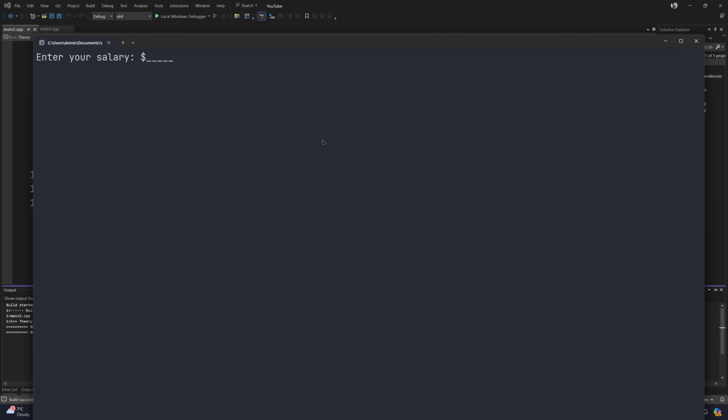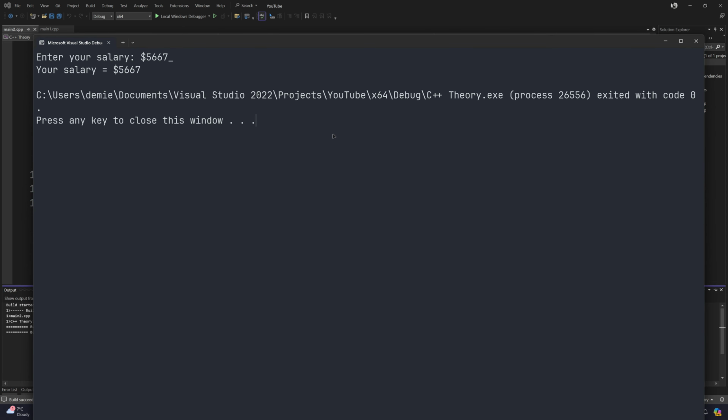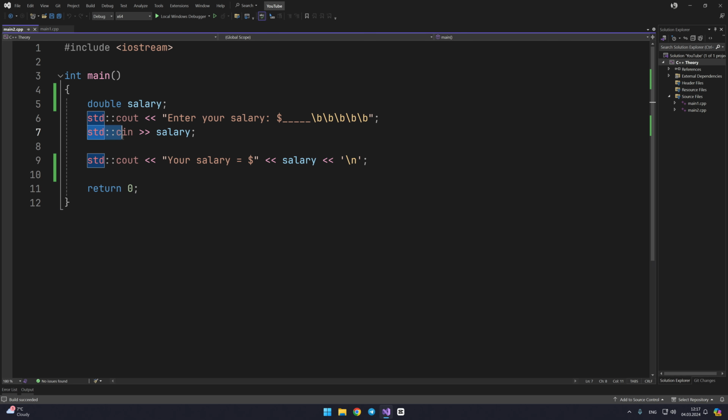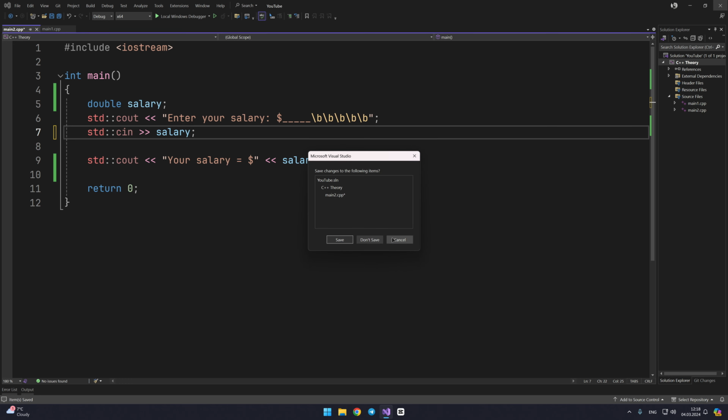Of course, after entering a number and deleting it, the underscores will disappear, but nevertheless, at least we got it this way. To summarize, if you want to enter information from the keyboard into your program, then you use std::cin. You can only enter information into existing variables. When you enter information, it's stored in the console's text buffer, from which std::cin pulls characters one by one and tries to turn them into a variable data type value. And that's the end of this lesson.